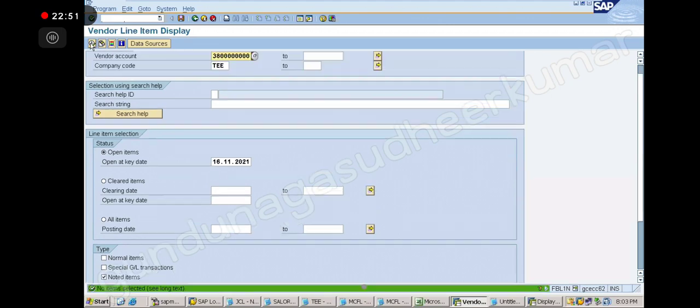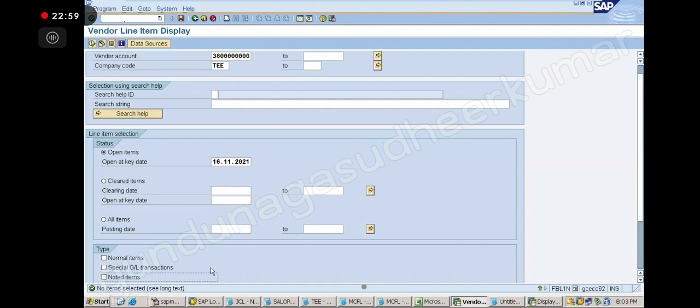In the noted item, what is there? Nothing is there, because we have already paid. Now the 50,000, where can I see? Normal item? Clear item? No. Special GL. Exactly, we have paid the advance payment now.